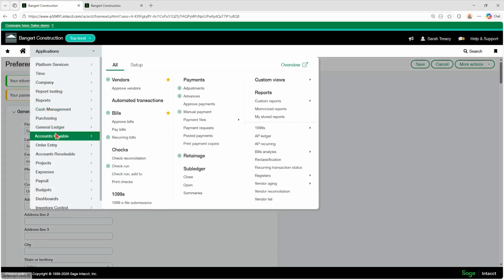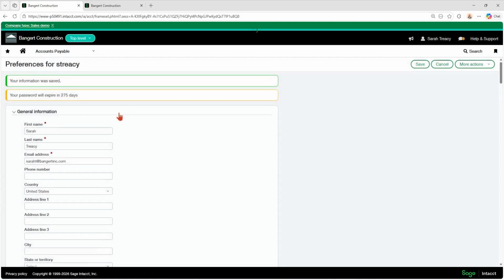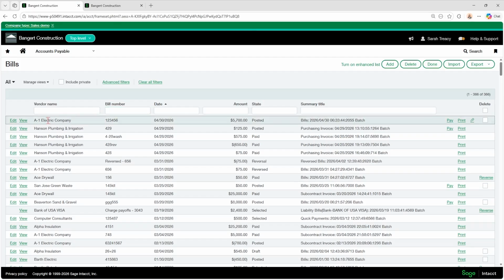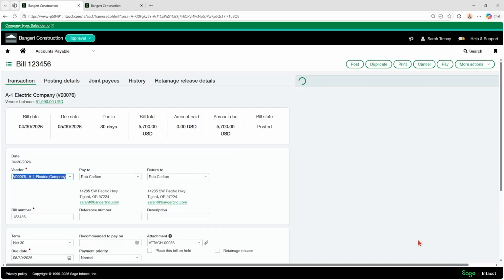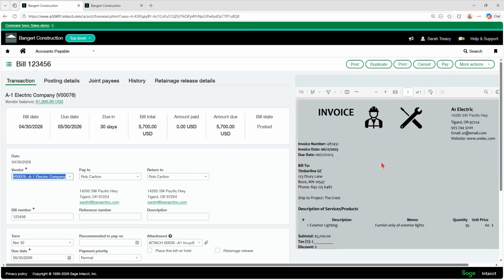And now when I go to AP bills, as soon as I open this bill that has the attachment, it's just going to show it to me. So I open up this bill, because there's an attachment, I see a split view, it's automatically showing it to me. I didn't have to click on the paper clip in order to see that attachment.